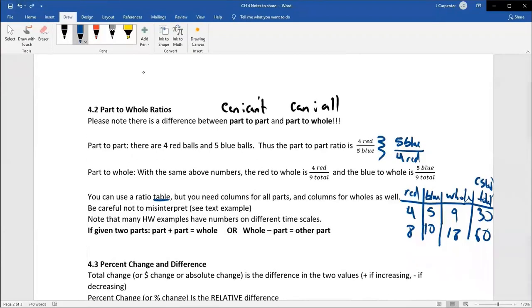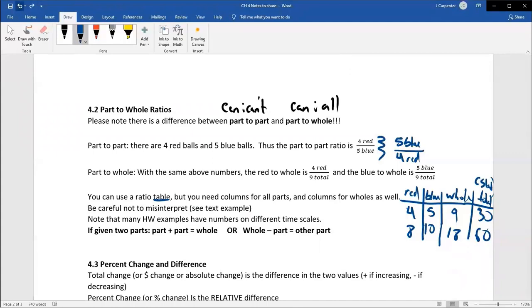So we keep coming back to this idea, this proportion table. And again, you don't have to. Y equals kx works. The idea of doubling one and doubling the other works, as long as you've got nice, pretty numbers. But you're going to need to be careful not to misinterpret some things when you end up talking about percentages, which we'll get into in an example. So we'll see this text example in just a few minutes. When I say text example, I mean the activity, and that's on page 161.